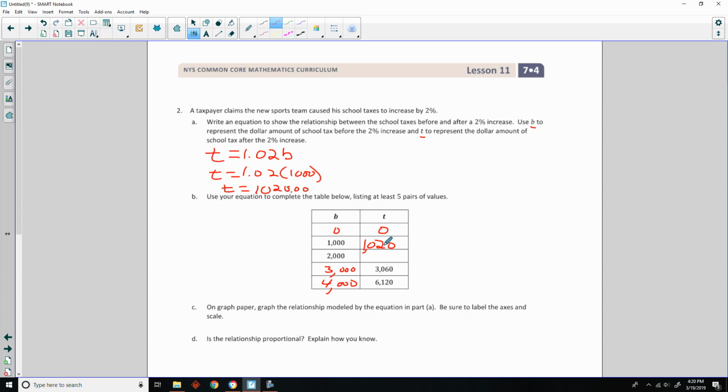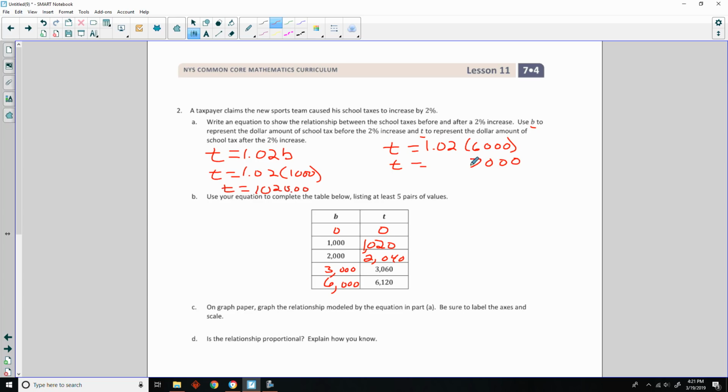So now we're adding 1,020 every time, so this would be 2,040, 3,060. But this can't be 4,000, we jumped, because 4,000 would be 3,060 plus 1,020, which would be 4,080. And then the next one would be 5,100, and then 6,120. So we skipped 4 and 5, so this looks like it's going to be the $6,000 one. And I'll check. So T equals 1.02 times 6,000,